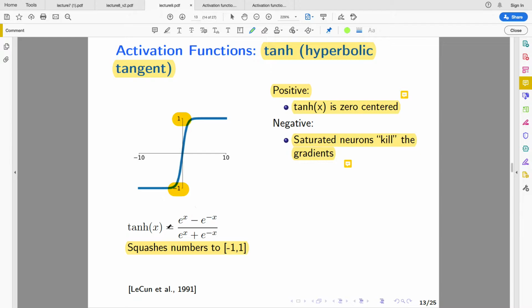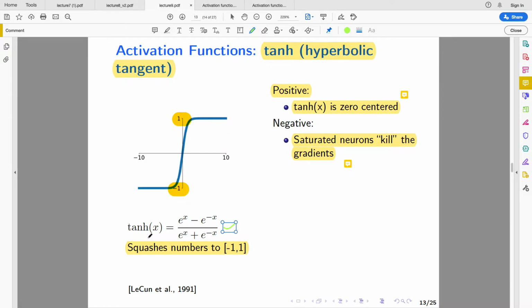And this is the formula that gives us the hyperbolic tangent. If you look at this formula and you key in the x values, say -10 or 10 or 0, you discover that you get this shape for the